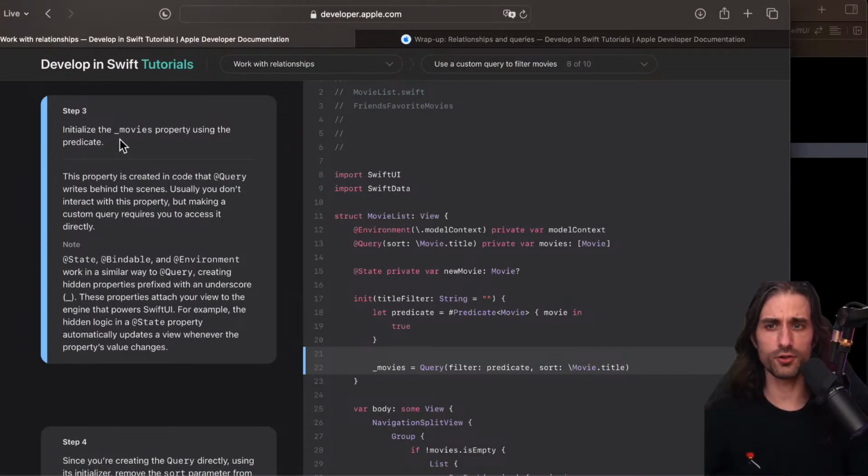So what is this underscore property? It's a property created by the add_query macro. And usually you don't need to interact with it, but making a custom query requires you to access it directly. So add_state, add_bindable, and add_environment work in a similar way to add_query, creating hidden properties. And they're not really hidden because you can access them, so it's not like they are private properties, but the underscore movies is the backing property that actually stores the data.